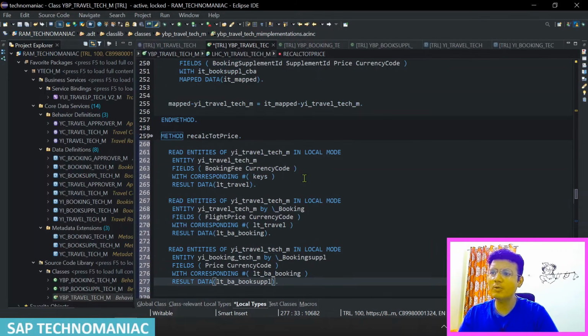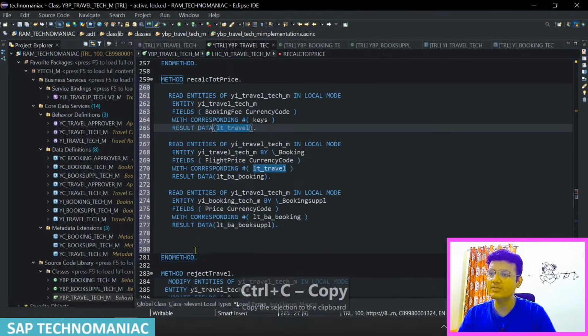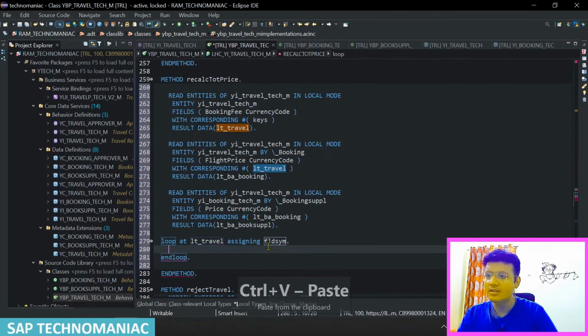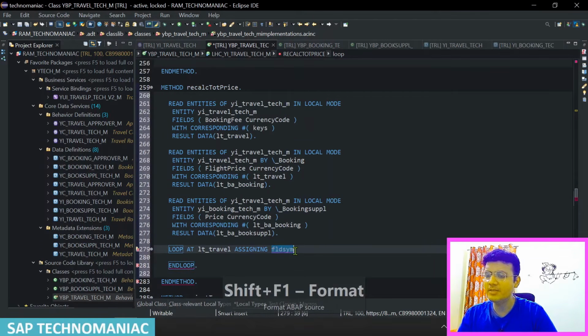So this is how we have to read these three entities, all the prices. Now I want to add all the prices in one table. So I have to loop through this table first. Control C, loop, control space, 8 assigning, control V, shift F1, let me do field symbol,